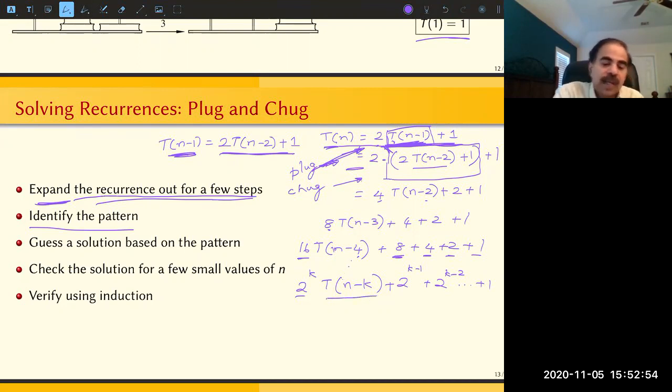It's going to stop when n minus k equals 1, because that's when you reach the base case. When you reach the base case, there is no expansion further. So this is going to stop when you reach 2 to the power n minus 1 times T of 1 plus 2 to the power n minus 2